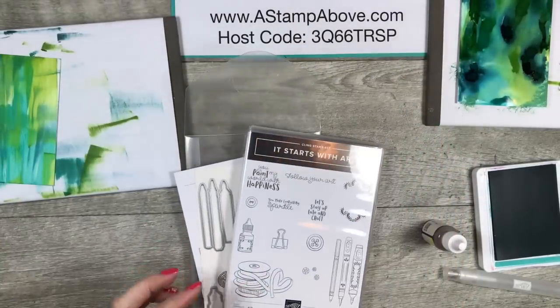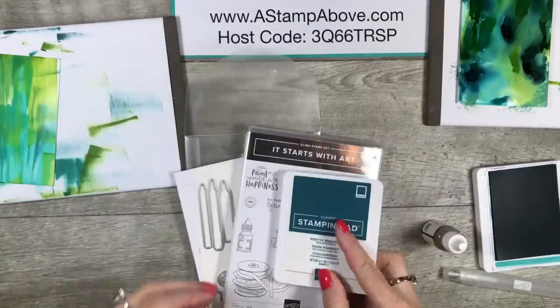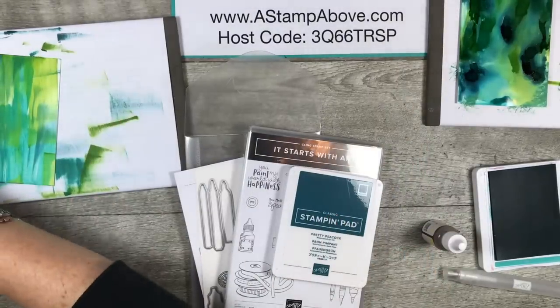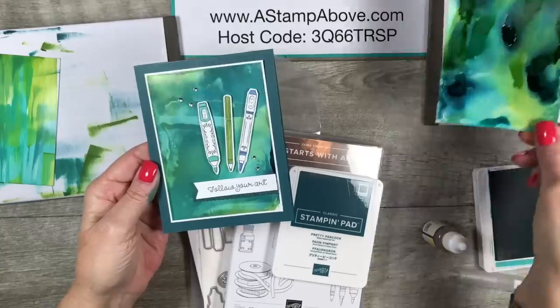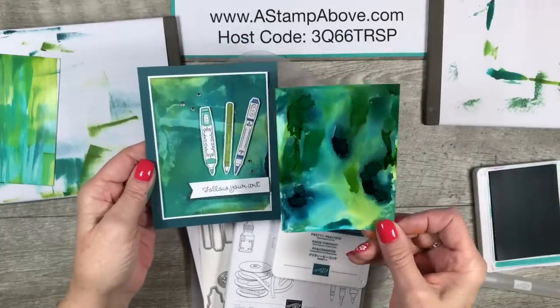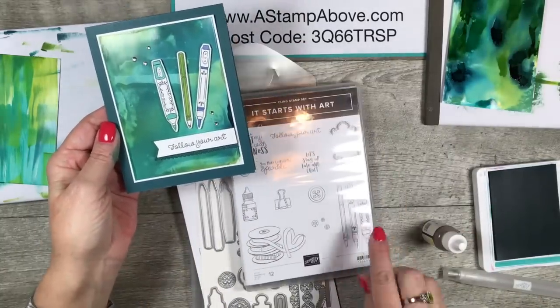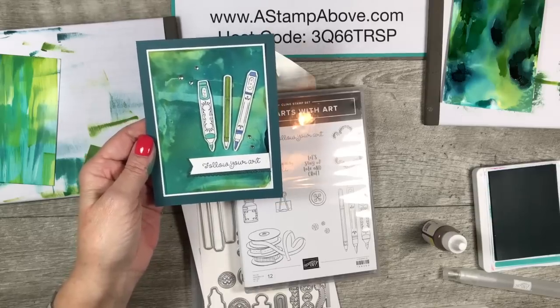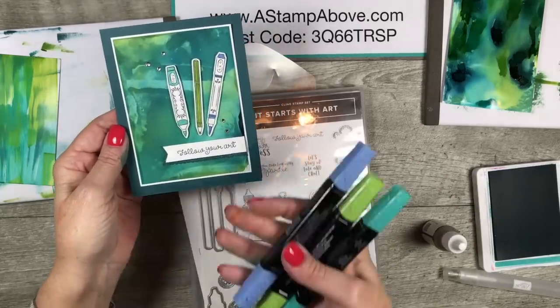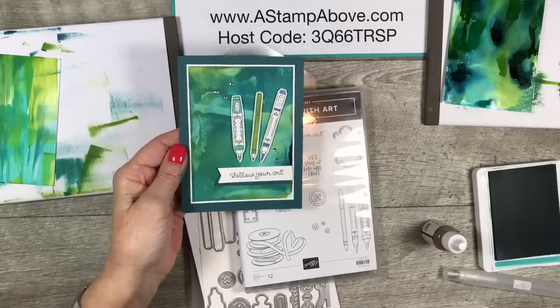And then I've also shared with you the Pretty Peacock. And here's the card that I made with that background. So everyone is going to turn out a little bit different. So I took the pens that are in here, I colored them just a little bit with my alcohol markers, or Stampin' Blend markers. I popped them up on dimensionals, and then one other thing I want to show you